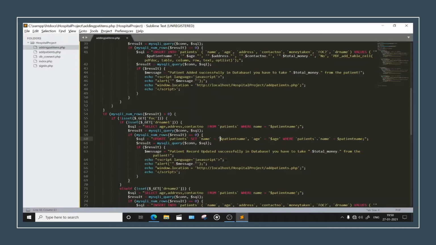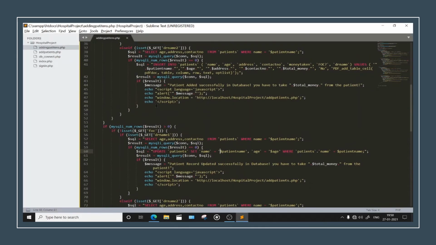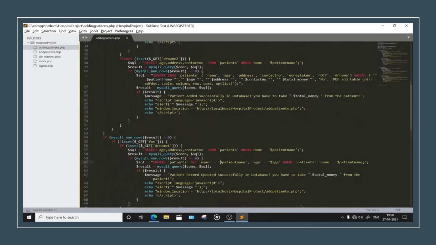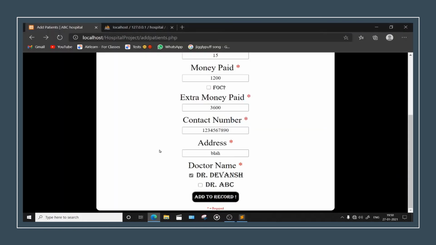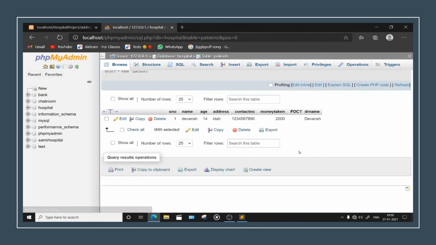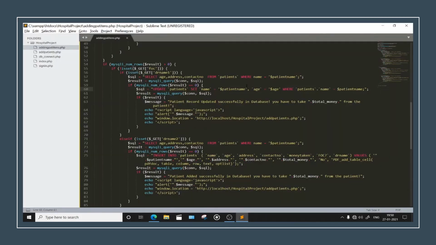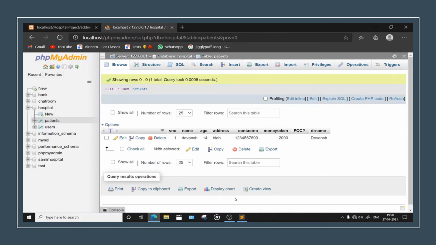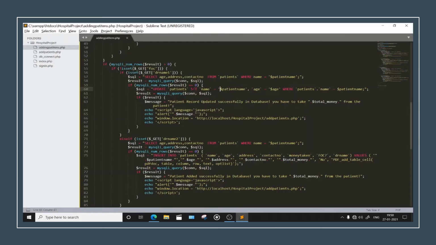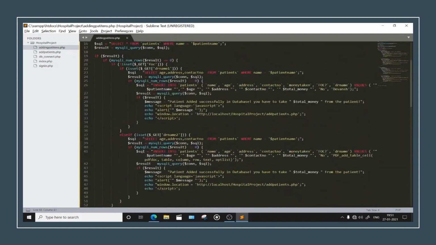No problem. Okay, so it's not updated still. Update this patient's dot name is patient name.